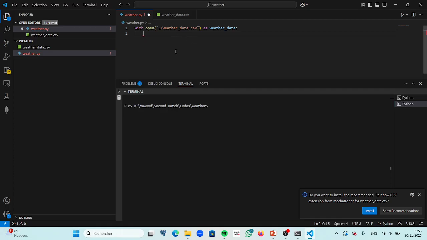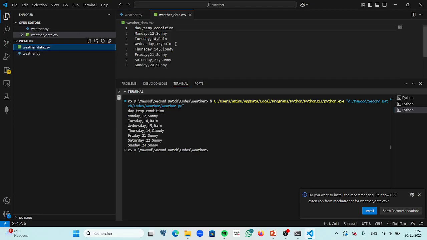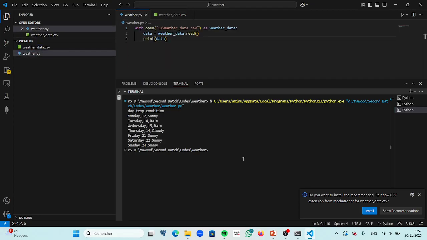After you open that, now I use this reader data. I want to read the content inside that, and I want to store inside a variable, for example data. Now I want to print that data. As you can see, I can display or read the same content that is inside this CSV file. Okay,